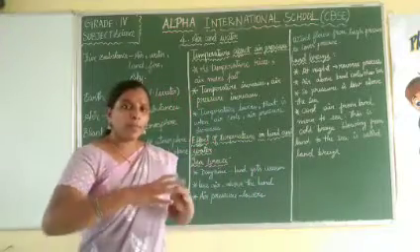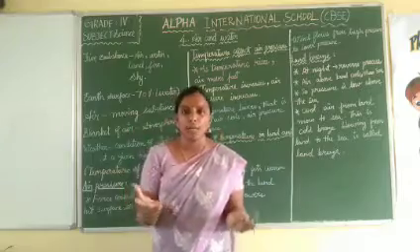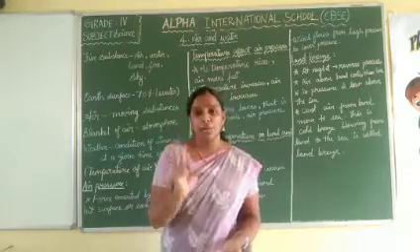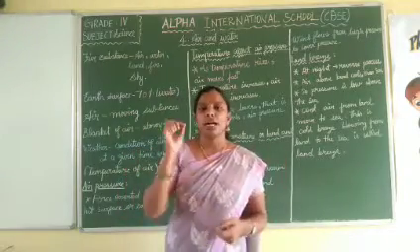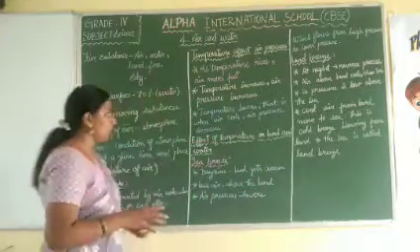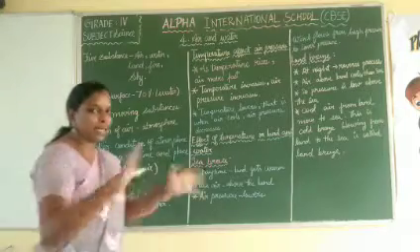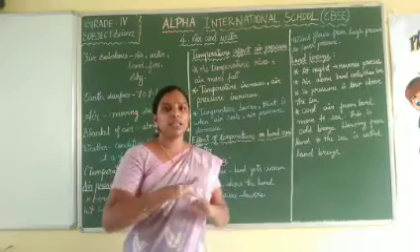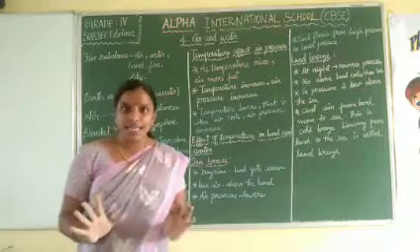You will notice a familiar word when you learn about earth. They will use the word atmosphere, but we don't know what it is, right? The atmosphere is nothing but the blanket of air. What is it, children? The blanket of air. Blanket means it spreads all over the earth surface. So the spreading of air on the earth surface is called the atmosphere. Okay children, can you understand till now?